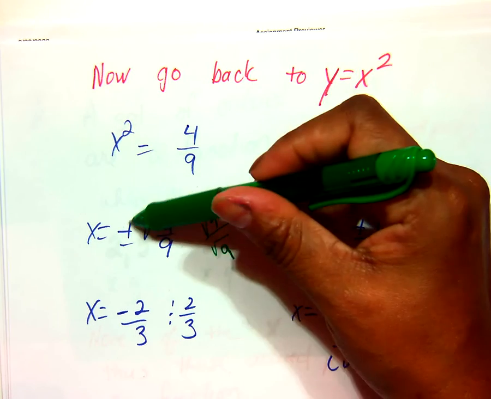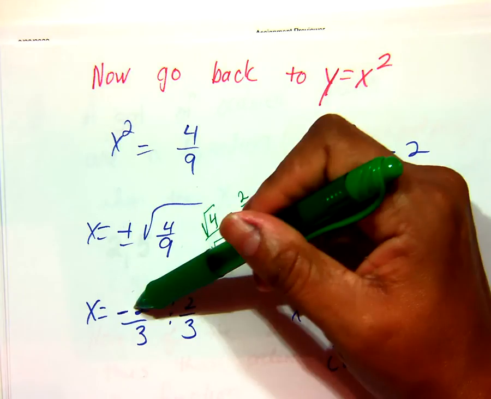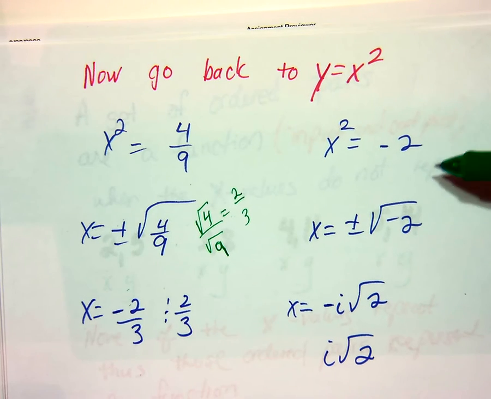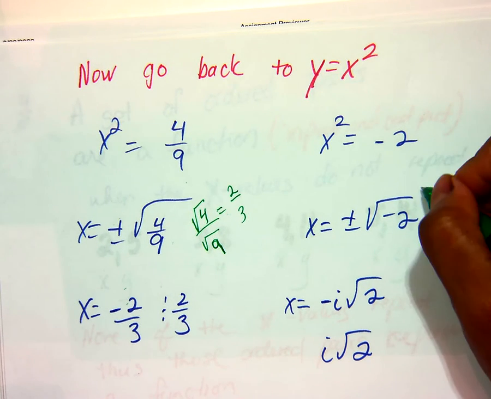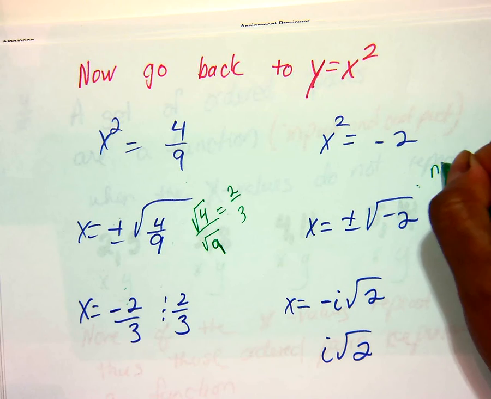So that's where the negative and positive come from. So that's 2 answers. Then we have to come over here, dealing with imaginary numbers. Remember that no negative can be under the